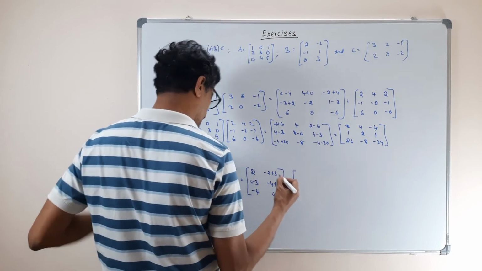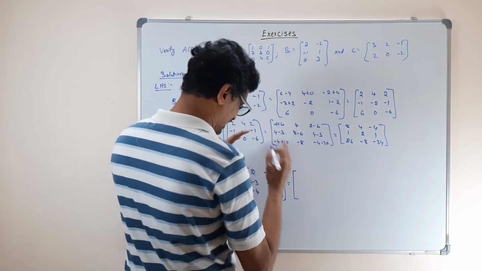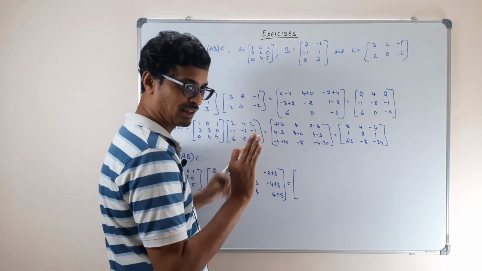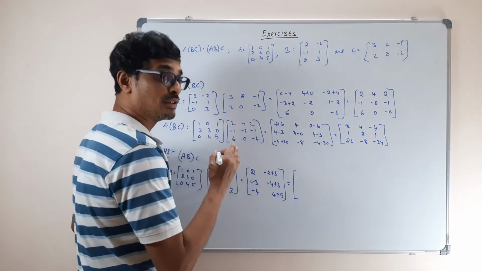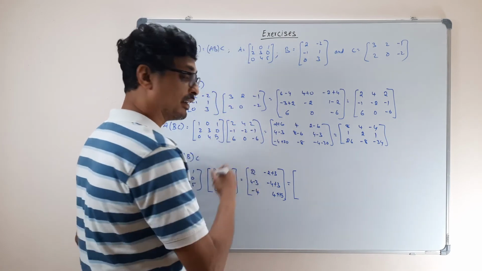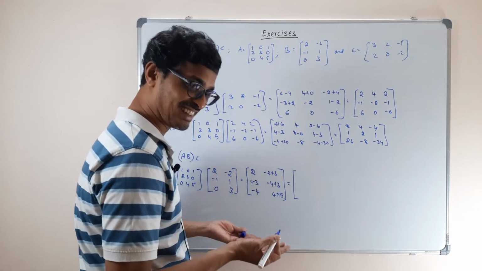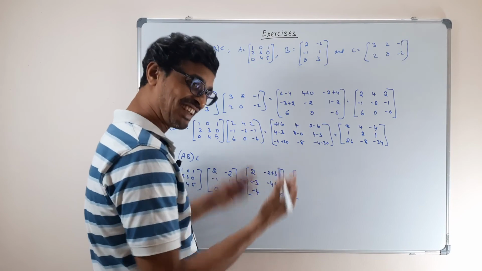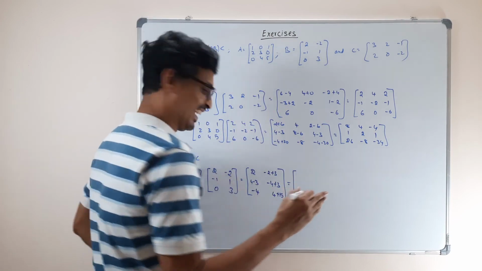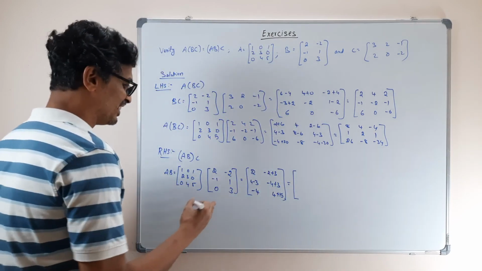Now, usually with matrices, when you make a mistake, just check where you have made the mistake. Many times you are not able to identify where the mistake is. So the easiest thing is to just strike it off and do it again. And if you again don't get the answer, strike it off again and keep working only on that problem. Okay, fine. So tell me what it is.